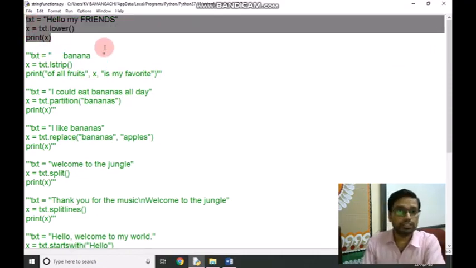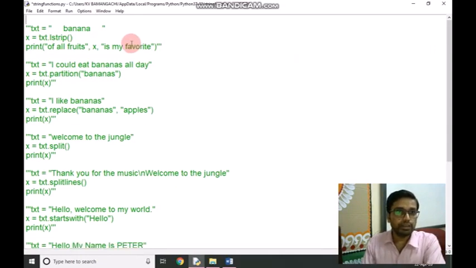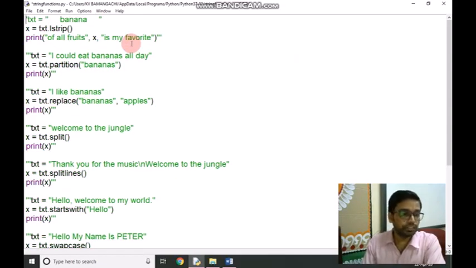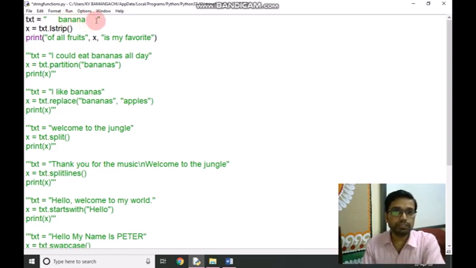Next function is lstrip. The lstrip function returns a left trim version of the string. Here we have given banana. Before the string there are some spaces, and after the string there are also some spaces.